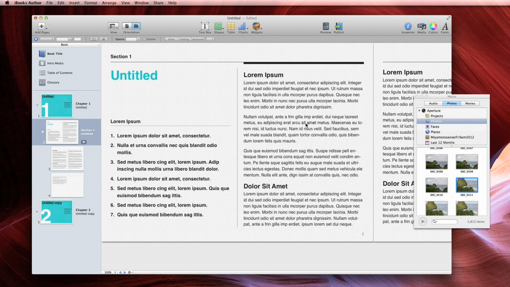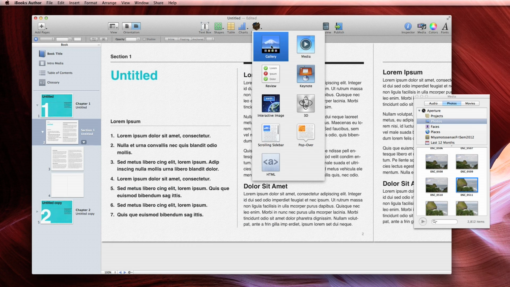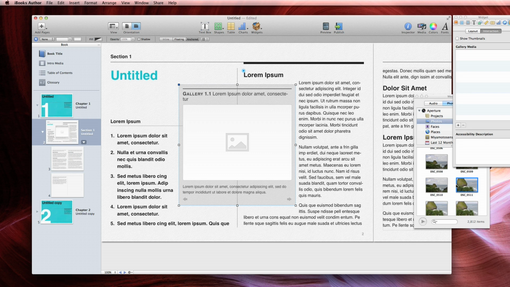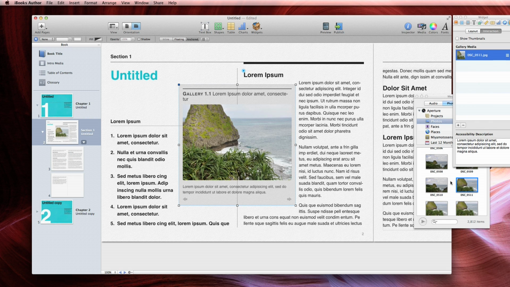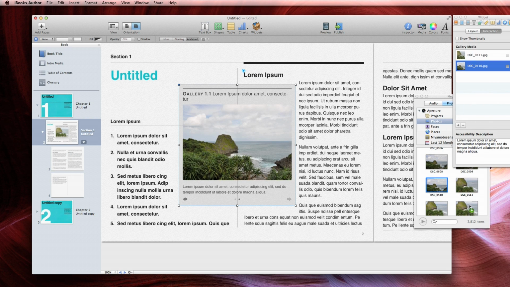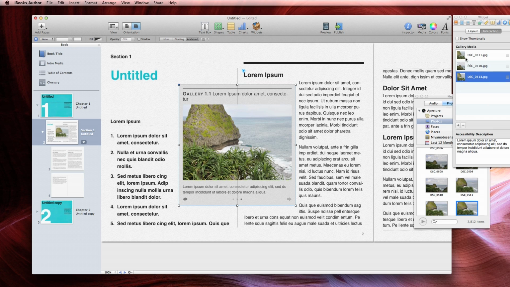Okay, so let's do this: widget, and gallery. And drop that in there, and drop this in there, and drop this in there. Right, so now I have a gallery, and as you can see, it reflows everything here. There's this little blue dot that is going to show you where the gallery will be put in